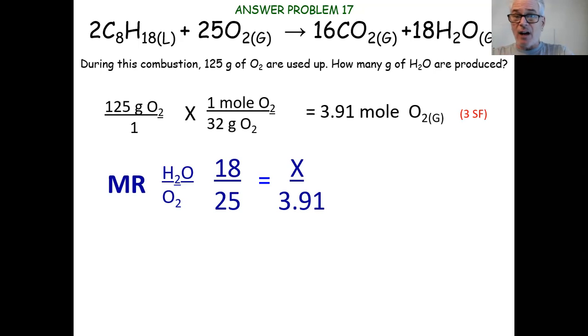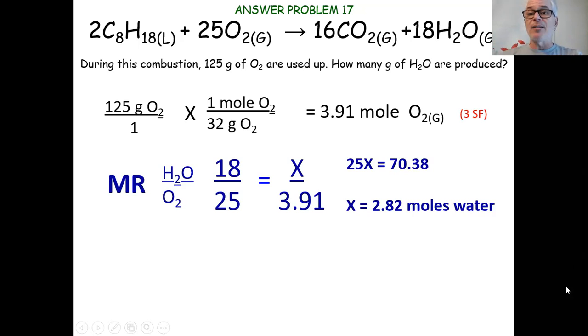So see how the oxygen numbers. There's a 25 in the balanced chemical equation for oxygen, and now we have it proportional with 3.91. 25 to 18 is the same as 3.91 is to x. Top and bottom doesn't matter as long as they're consistent. To solve for this, we have to do 25x equals, I don't know, 18 times 3.91. That's 70.38. And then when we figure the proportion out, cross multiply and divide, exactly 2.82 moles of water are